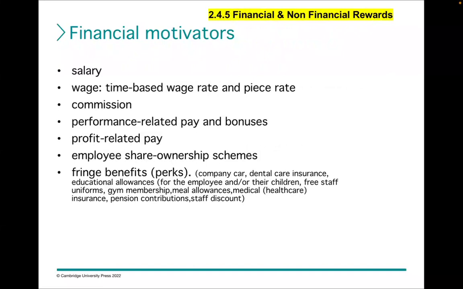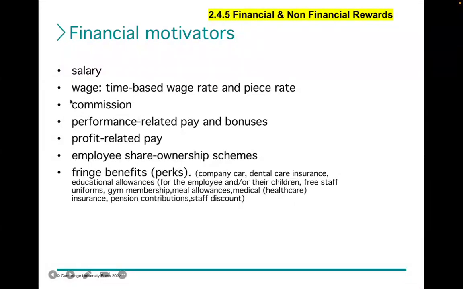Financial motivators, we are aware. Obviously, finance is not just money, but it comes in different formats. So we've got salary. Obviously, it's the pay that you get for the whole year. Wages, looking at time based or piece rate, where you complete a certain amount. For example, you produce 10 of something, 10 pieces gives you like $500. Whereas time based is you do 10 hours and you get a certain amount, or every hour you get this amount. Commission is like a percentage where you get paid